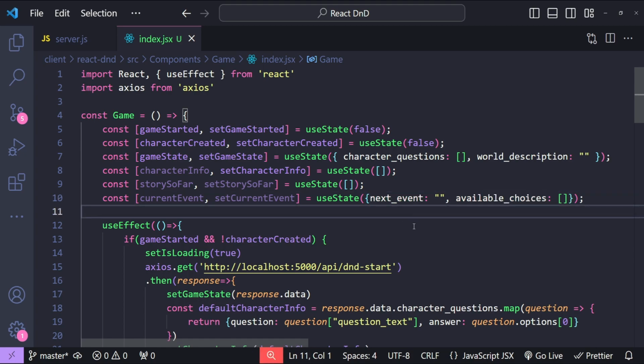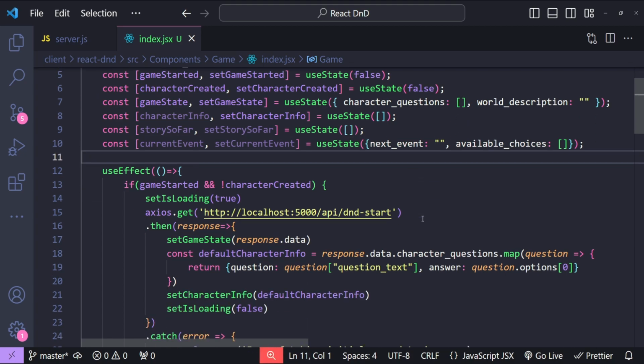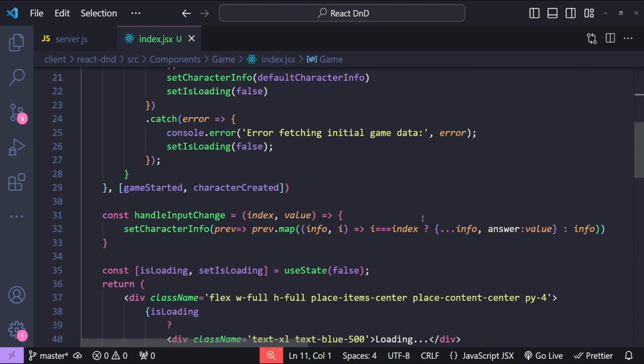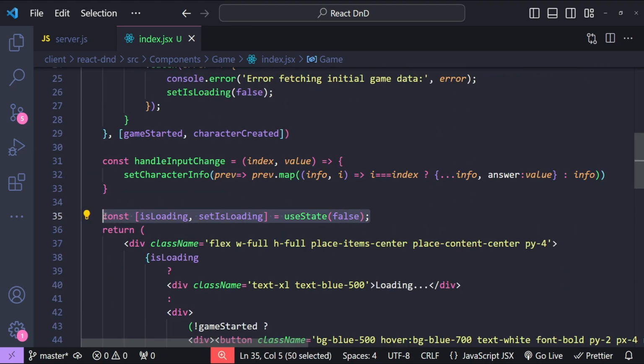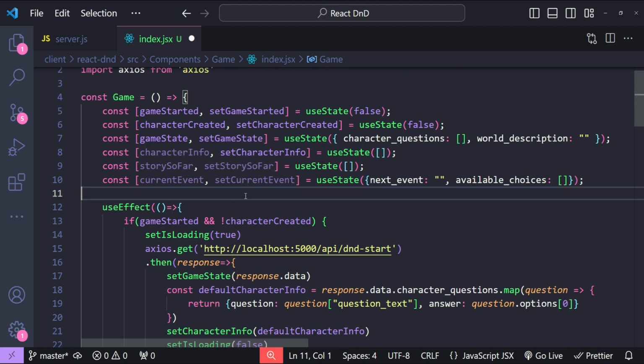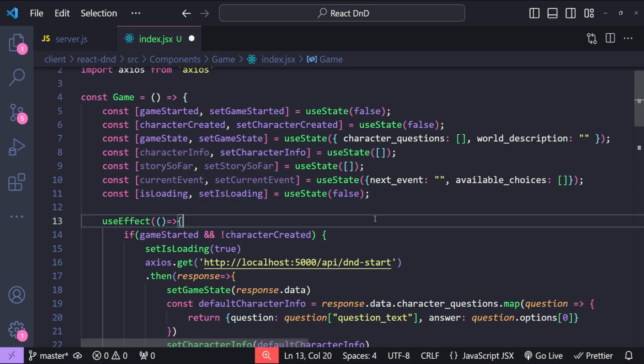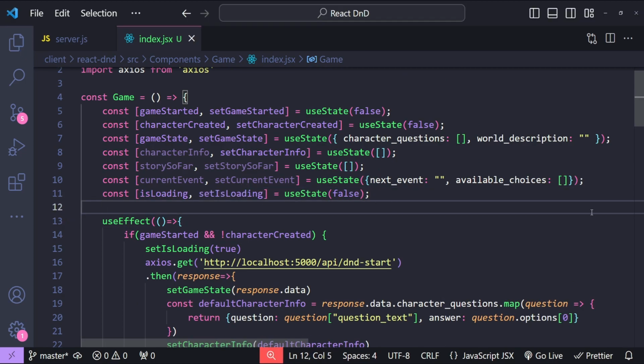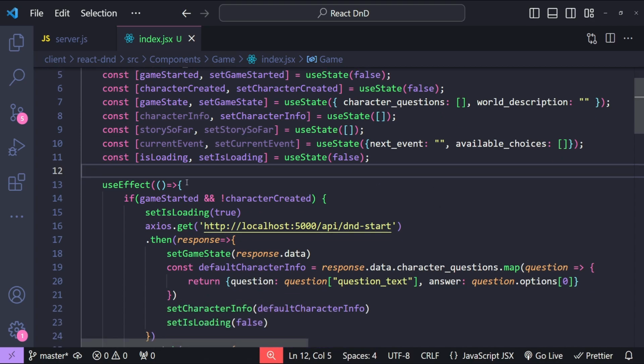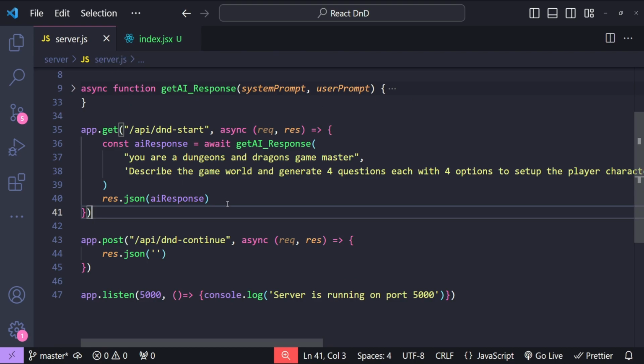Now I'm not seeing our is loading state value over here. I remember adding it. Maybe I have... yep, I have just pressed enter and it's over here. Let's just move it up here as well to keep the consistency. Okay, so before we go ahead and implement our game events, we need to make the changes to our server.js